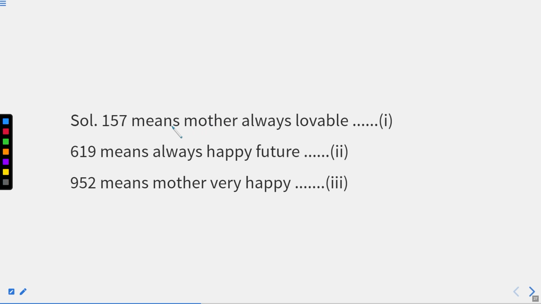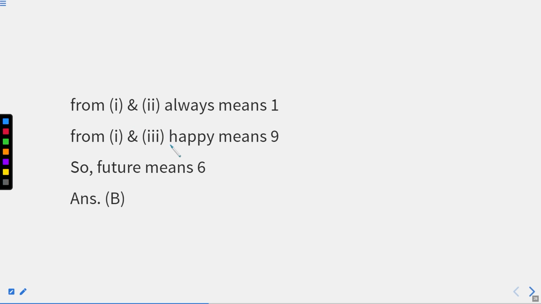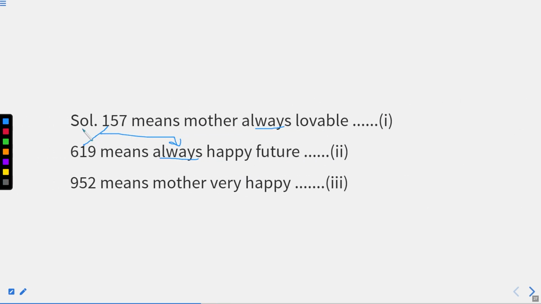Now from first two, always means 1. How are we able to figure that out? In this and this, always is common, right? And which letter is common? That is 1. So always stands for 1. The second one, from first and third, happy means 9. Listen, from first and third, which is common? 5. Right? The word that is common is